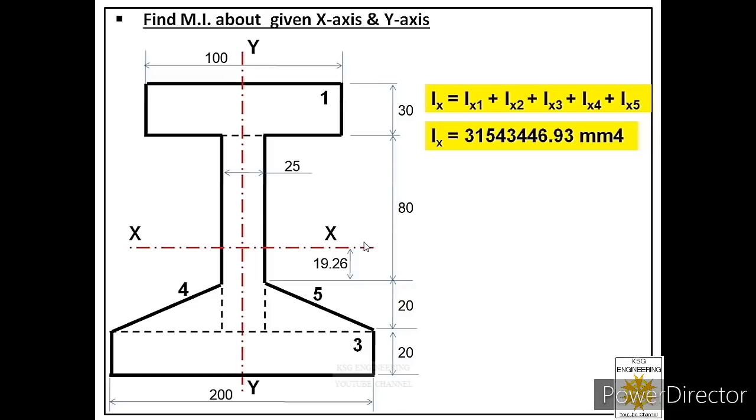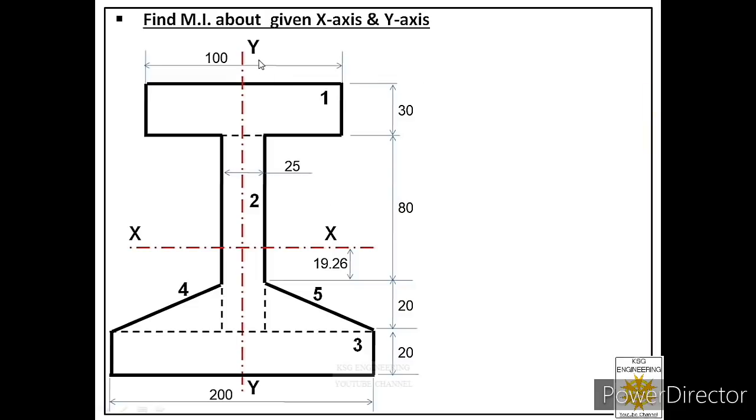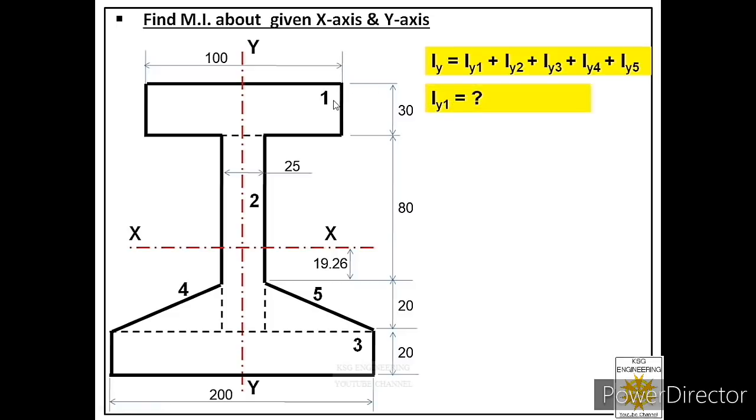Now we have to start the second part, that is, we have to find Iy. What is Iy? Iy is the area moment of inertia of this composite area about axis yy, and that is equal to Iy1 plus Iy2 plus Iy3 plus Iy4 plus Iy5. Why? Because 5 regular areas are involved through which we will get the area moment of inertia of the composite area. So we find the area moment of inertia of all the regular areas about the same axis and add those values, only then can we get Iy.